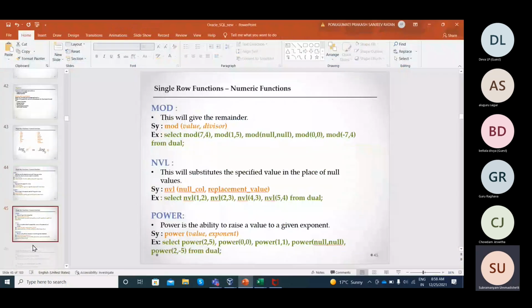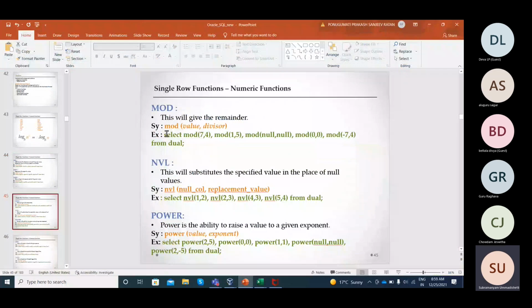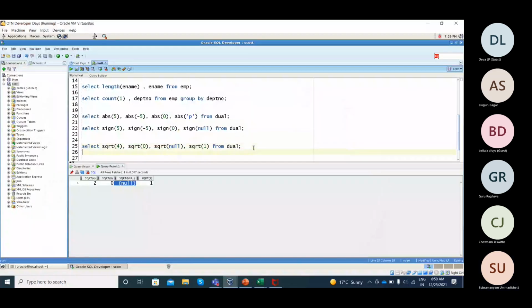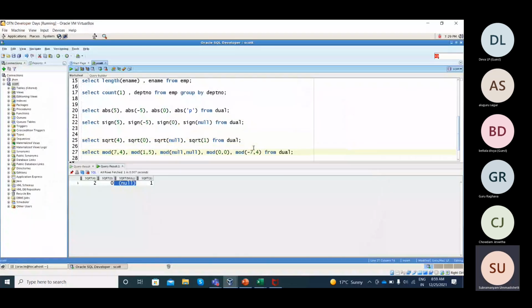And MOD is going to give the remainder. We are going to get the information. Remainder is one of our mathematical functions. We can perform it by using a calculator also, but why it is required, I will explain one by one. This MOD,